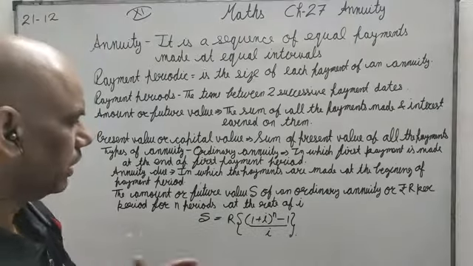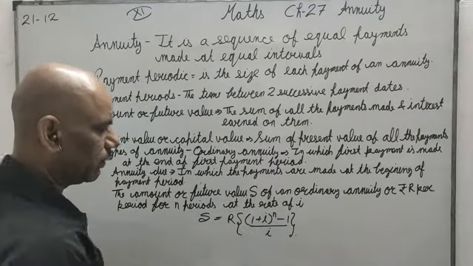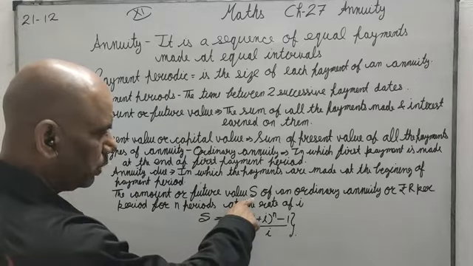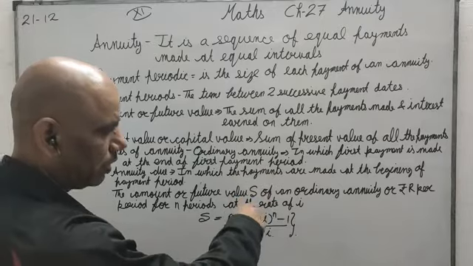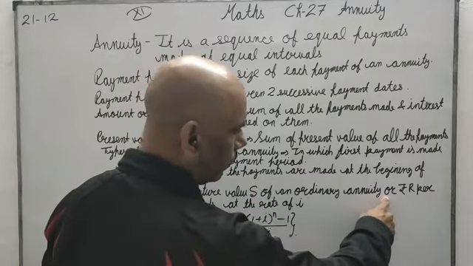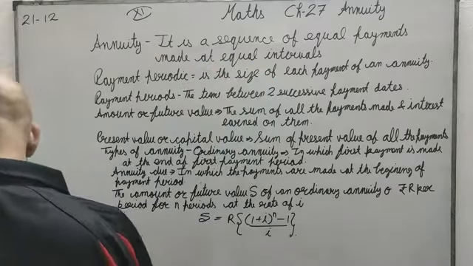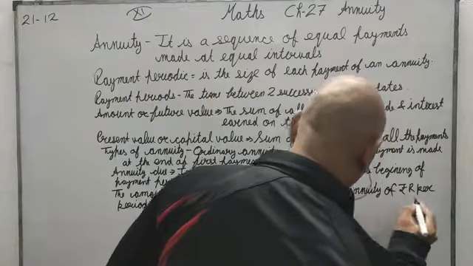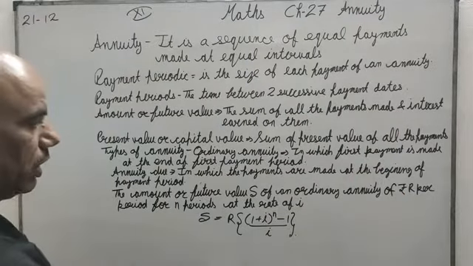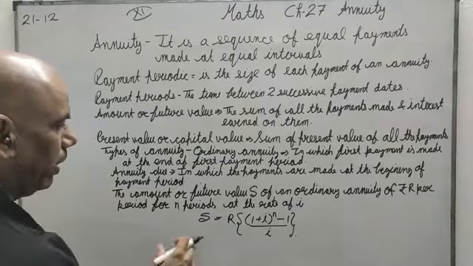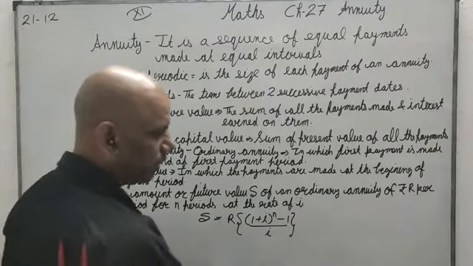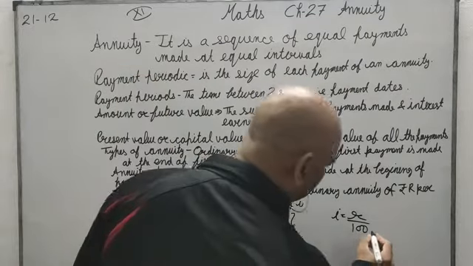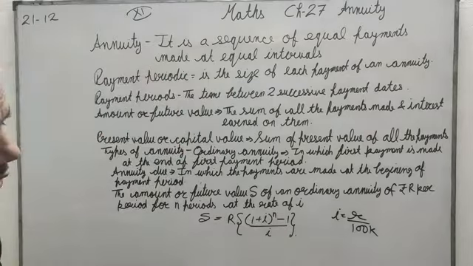Now the good thing is that for the entire chapter we have just one formula, and what is the formula? The amount or future value S. The future value will be represented by S of an ordinary annuity of rupees R per period for n periods. Now as many times as you will submit, that will be n, at the rate of i. We have already understood that i is nothing but r upon 100, or better to say r upon 100 k, as many times as it is going to be submitted.